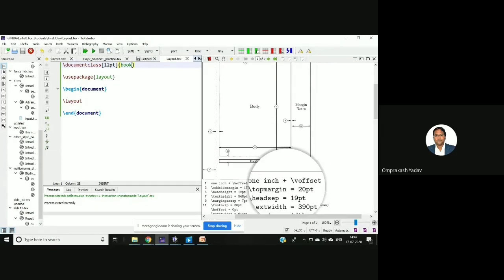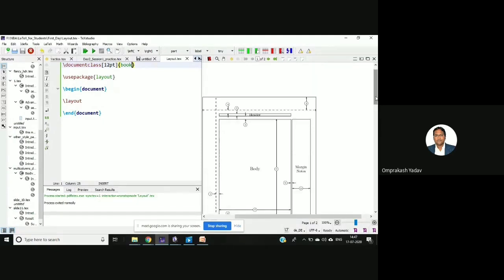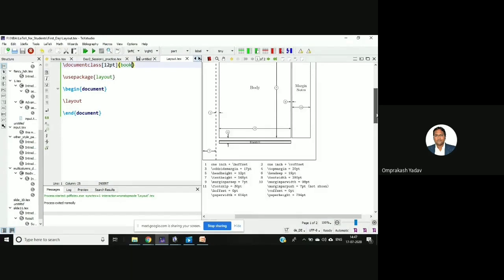There we saw the top margin was 17 point for the report, but if you see here, the top margin is 20 point. So it has changed, right? So depending on that, if you select book or if you select article, by default it will take a certain layout, and in that it will print.